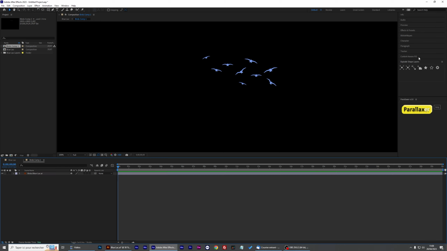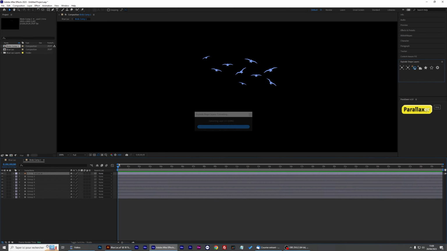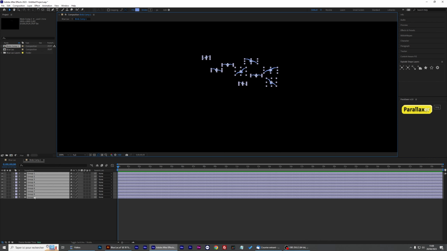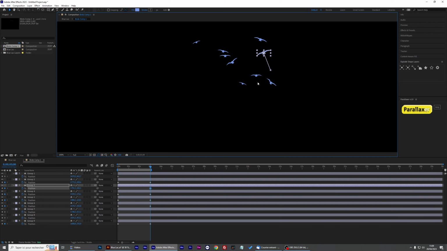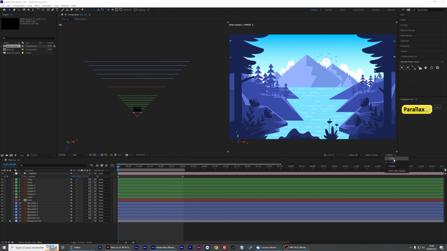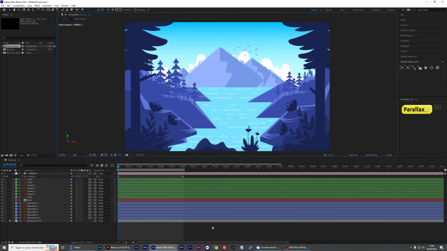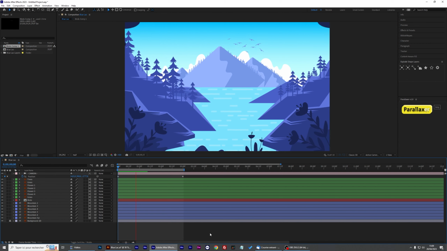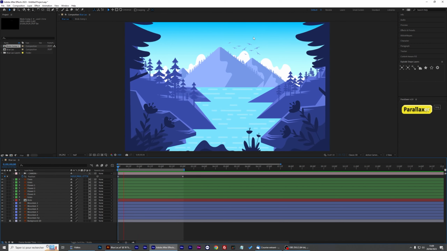Or you can use some plugins like Explode Shape Layers or Overlord that can import directly some objects from Illustrator to After Effects. In this case, I'm going to select my Illustrator layer and explode it. So now I have all my birds on layers and I'm going to animate them. Okay. If I go back in one view and do a preview, you will see the birds just moving in the sky.